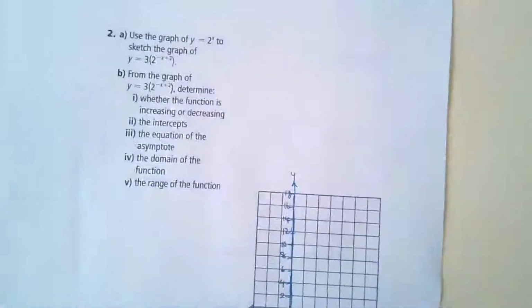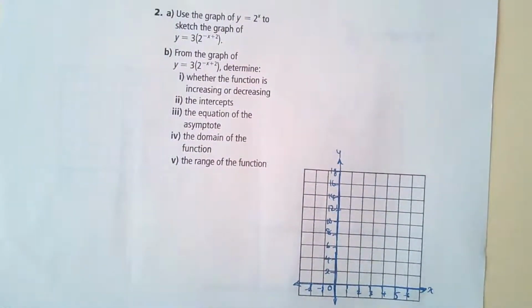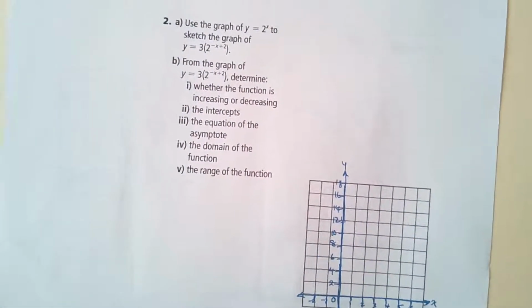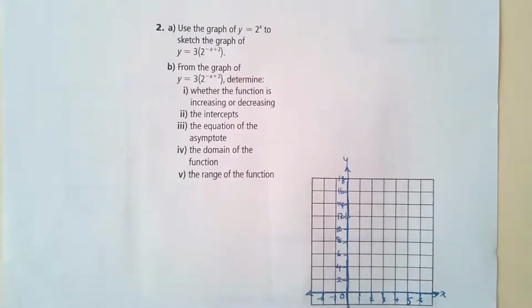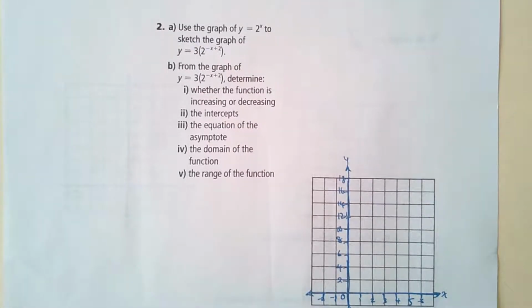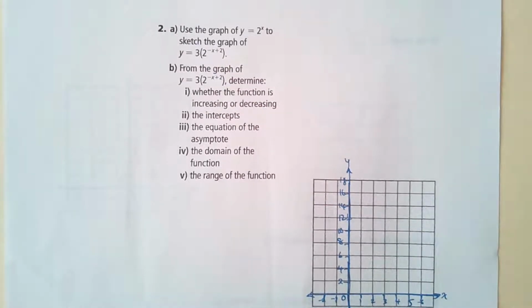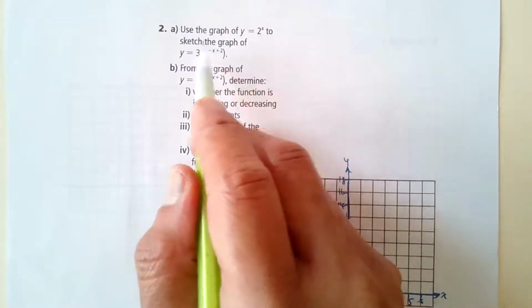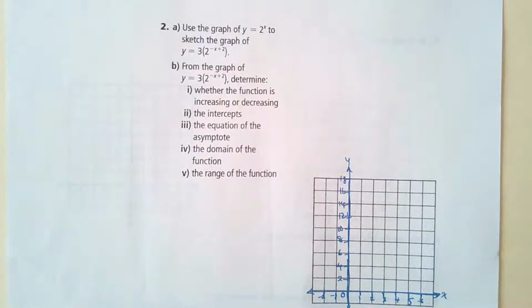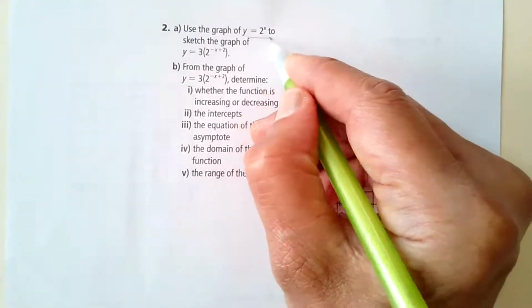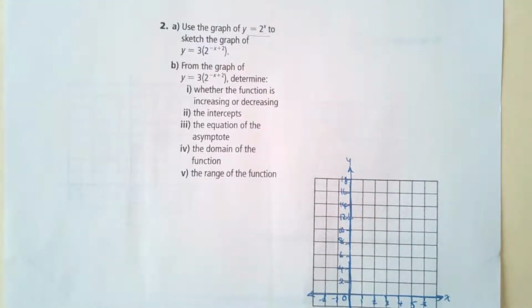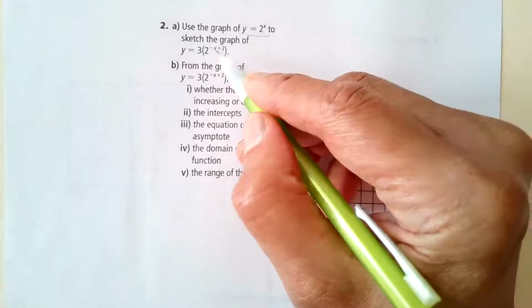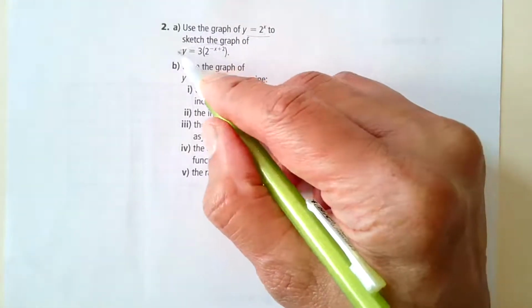Okay, we look at one final example, and this one has a little bit more to this question, where you're asked to sketch a graph using the graph y equals 2 to the x. So in this case, the original graph is given to you. But if this wasn't given to you, you could have taken your transformed graph